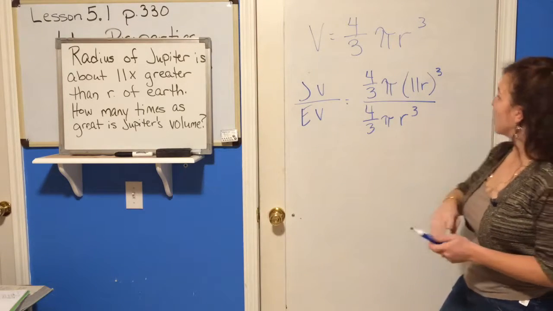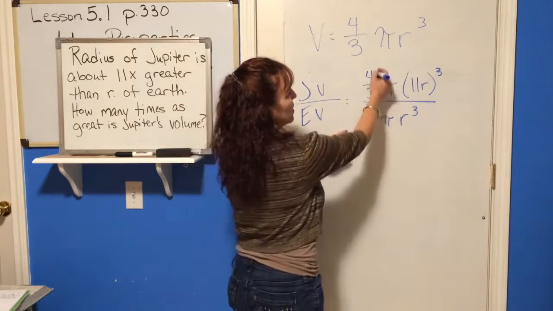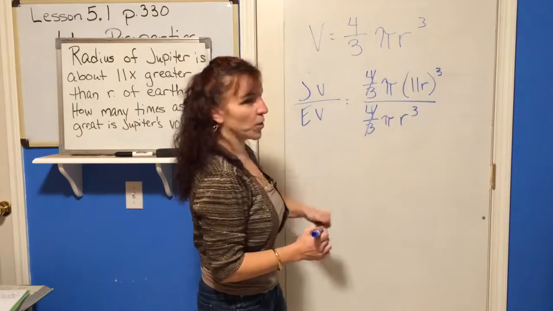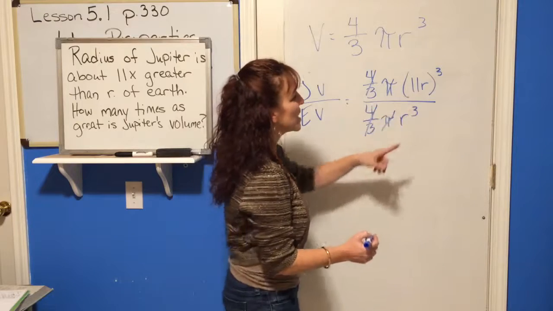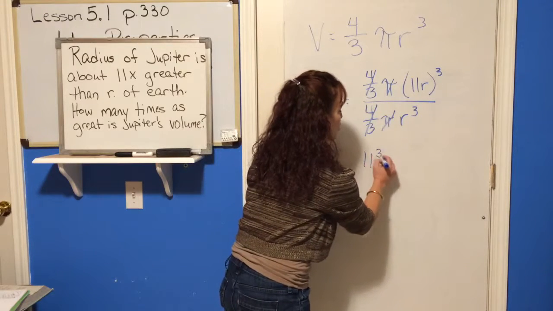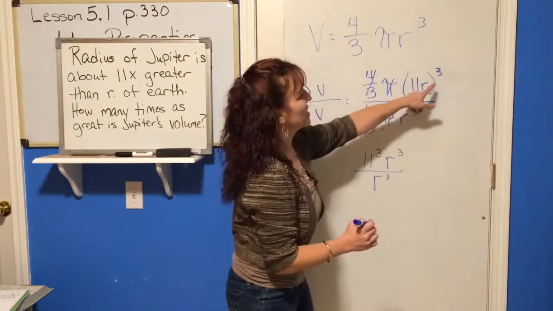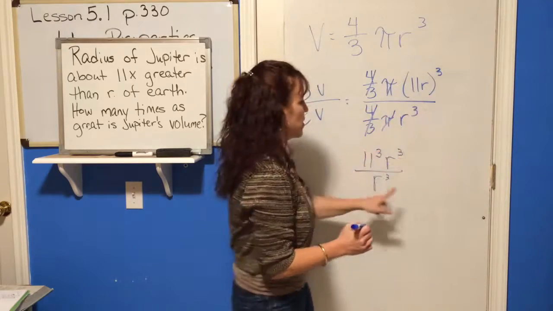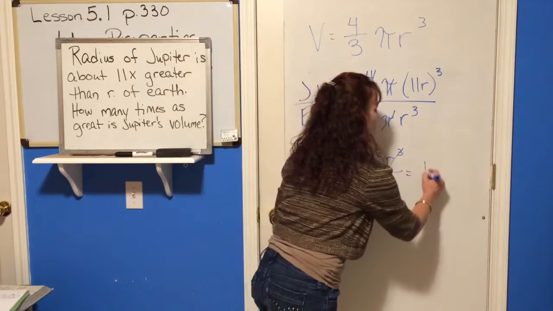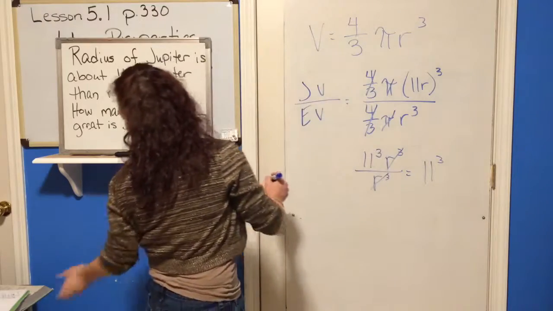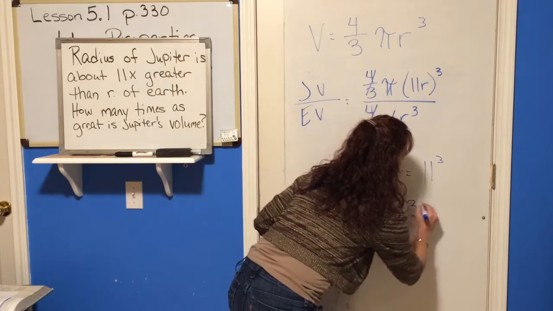So now what we have is, we can simply reduce some things here. 4/3 can reduce because there's one on top and one on bottom. Pi can reduce because it's on top and bottom. In this case, we've got 11 cubed and r cubed over r cubed, because this cubed, remember, is on both parts. So now your r cubes can cancel out also. So your final answer is 11 cubed, which I figured out with my handy dandy little calculator, and it's 1,331